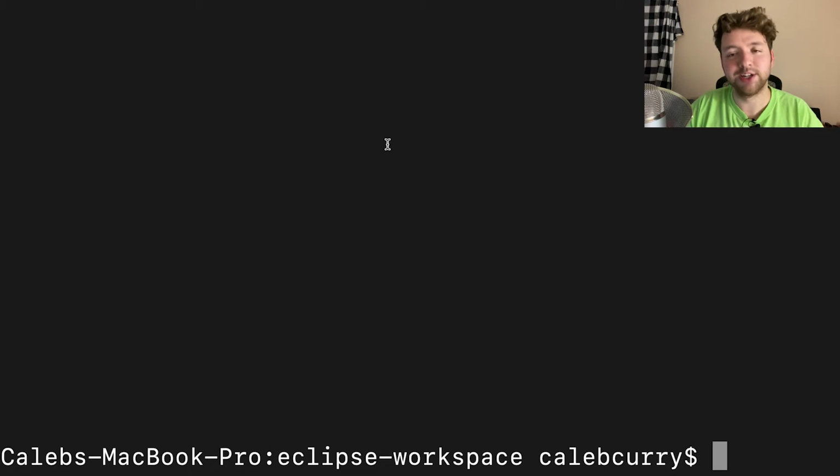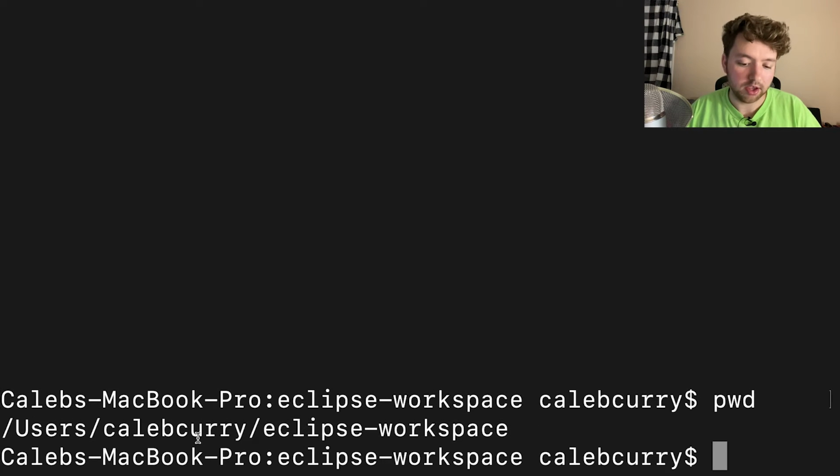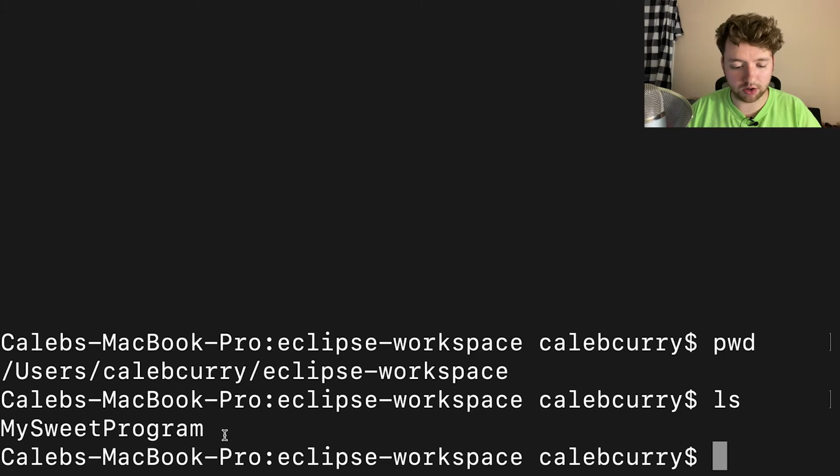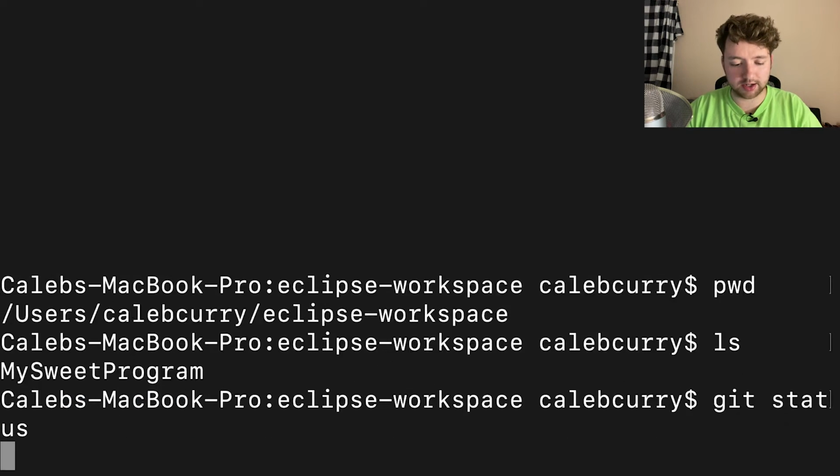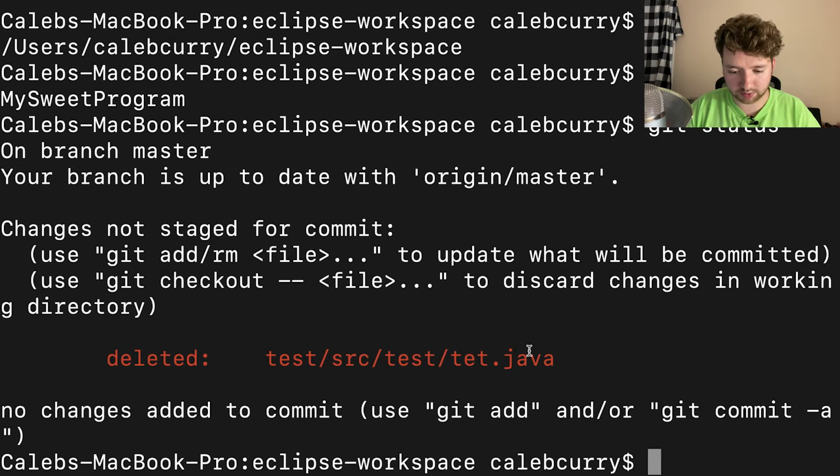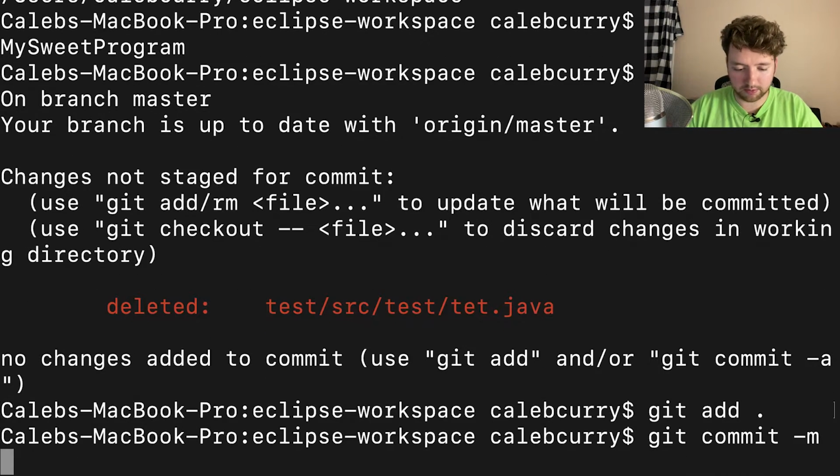Conveniently had that open. So make sure you open the terminal and travel to our Git repository, which for me is right here, Eclipse Workspace. And that's going to have all of my projects in here. Right now I just have one, but you can say git status. Let me zoom out. Wow, it's just way too close. So we have this deleted, so we're just going to commit that. So we'll say git add, git commit,